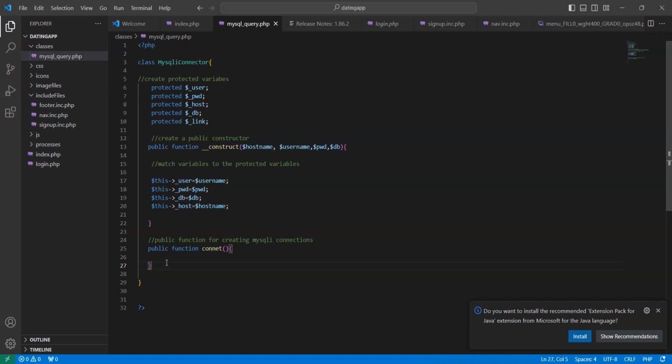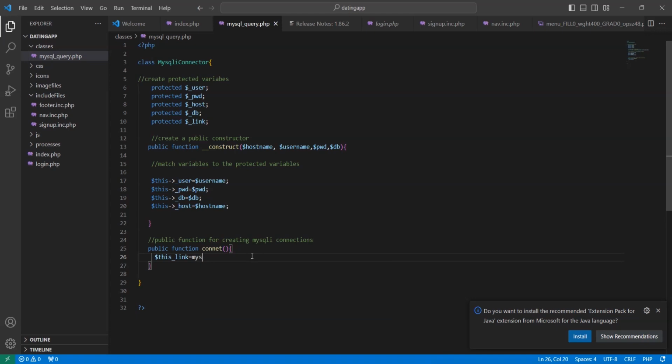So now that you have all this established, the next thing you're going to do is call out one MySQL function that will help us to keep connection to what? The MySQL database. And that function will return a link to the database. So you have to get this link and store it in a variable that you can call upon later on for later use. So you say $this->link is equal to